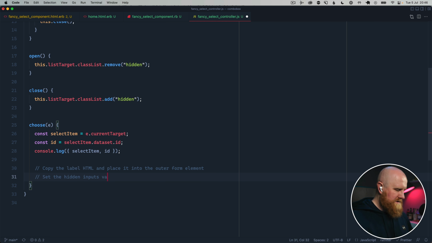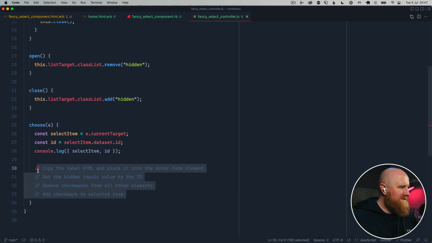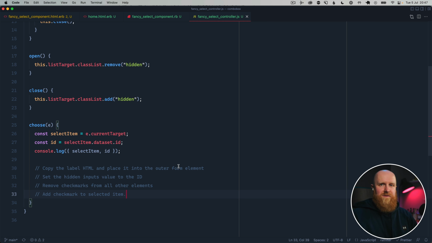Set the hidden input's value to the ID, and remove check marks from all other elements, and then add check mark to selected item. So when I'm doing JavaScript and things like this, sometimes I like to just make a list of the behaviors that I want to do